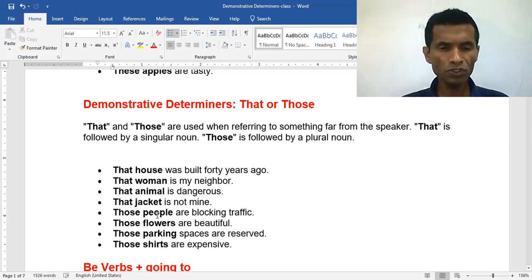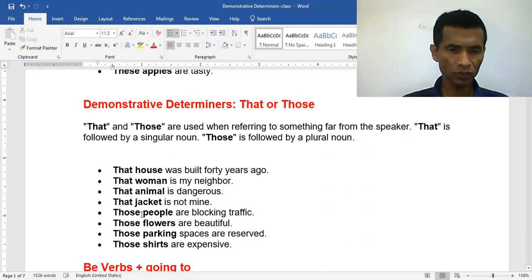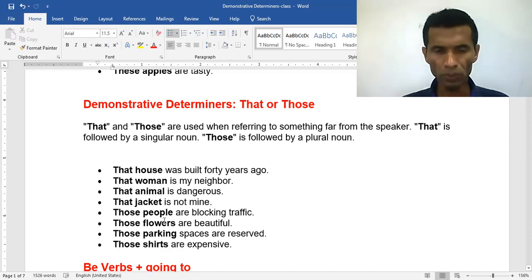Right? Those people are blocking traffic. Those flowers are beautiful. Those parking spaces are reserved. Those shirts are expensive, right? So from here to here, you can see plural nouns. After the word those, we should use a plural noun. Okay, then